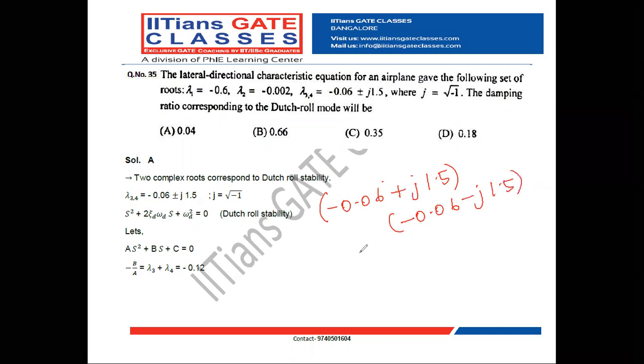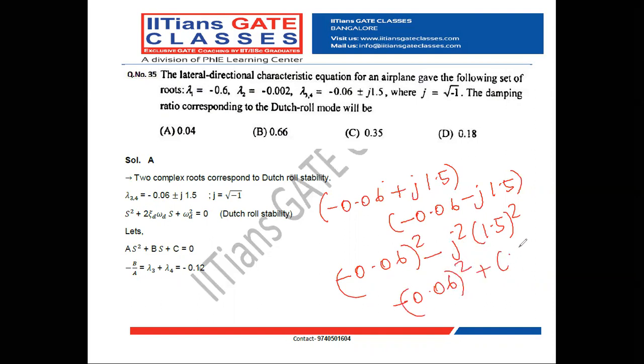When we multiply, we get a square minus b square. So it is 0.06 square minus j square into 1.5 square. j square is minus 1, since j is root of minus 1. So minus into minus becomes plus. So it becomes 0.06 square plus 1.5 square, which is equal to